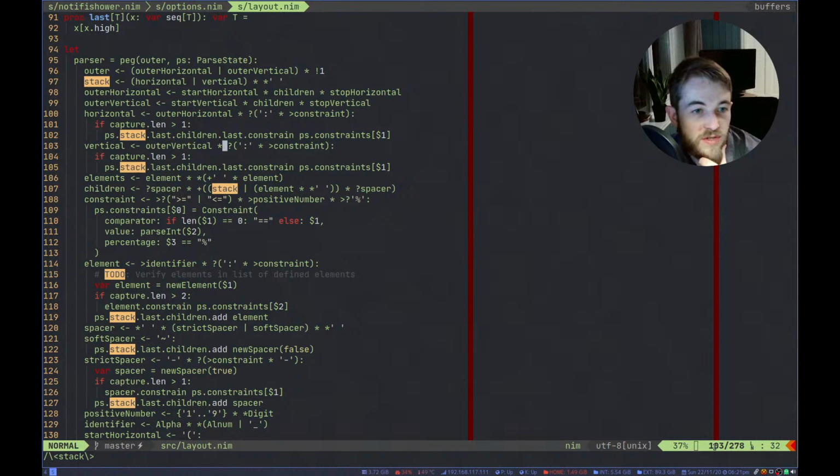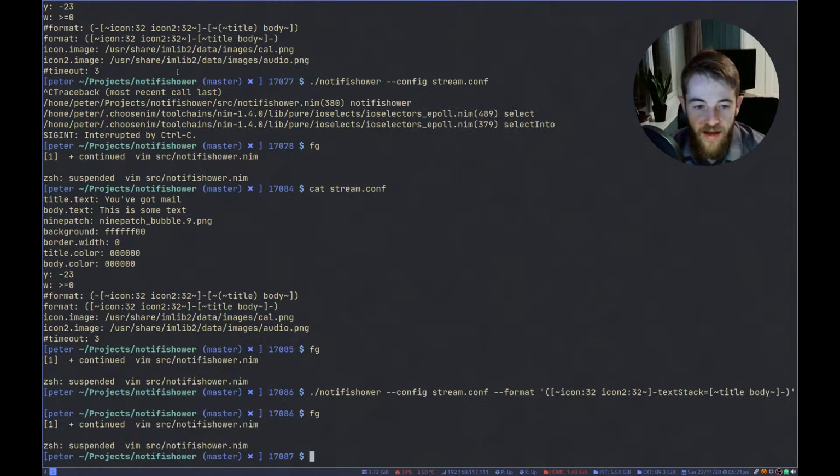Same with the vertical, it's just an outer vertical followed by constraints. And the reason why I have outer horizontal as a separate thing is because I didn't want to be able to give constraints on the top level stack. So I can't say